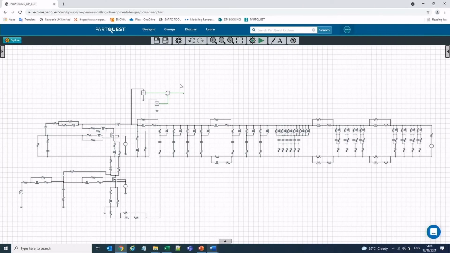We will now replicate the double pulse measurement in a simulation environment. We are using PartQuest Explore, which is a cloud-based simulation tool developed by Siemens. Here in this schematic, you can recognize the half-bridge configuration, the low-side MOSFET and the high-side MOSFET, the gate signal, the inductive load of 4 microhenry, and the resistance to sense the current. What we can now do is simulate this design